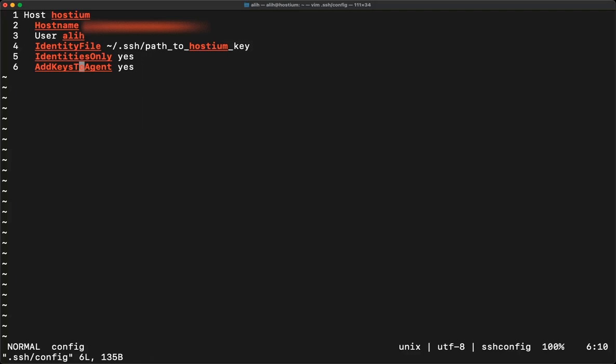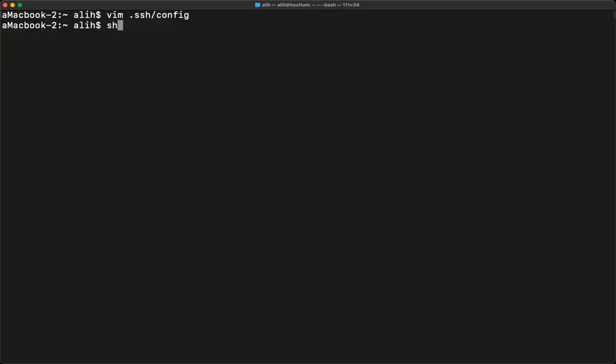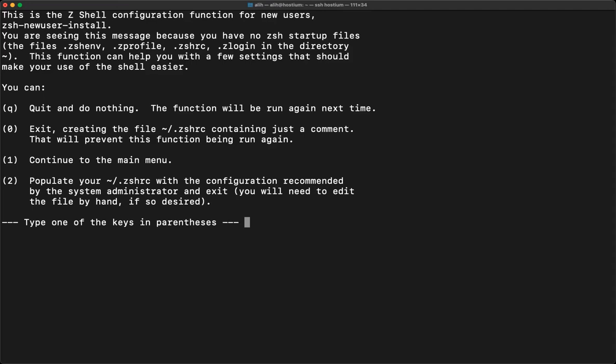So I'm actually just going to quit this. So now I'm going to basically try and SSH into Hostium. I'm going to get a bit of a warning first because I still haven't set up my environment completely here, but this is basically what you would get. I'm actually going to disconnect, clear,